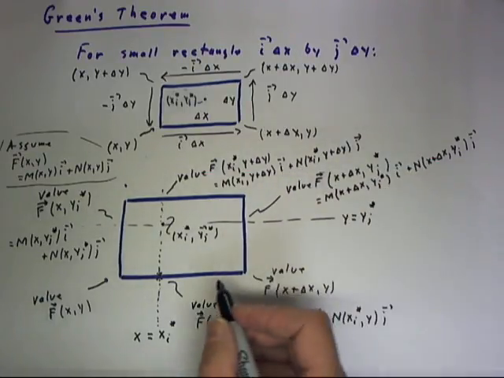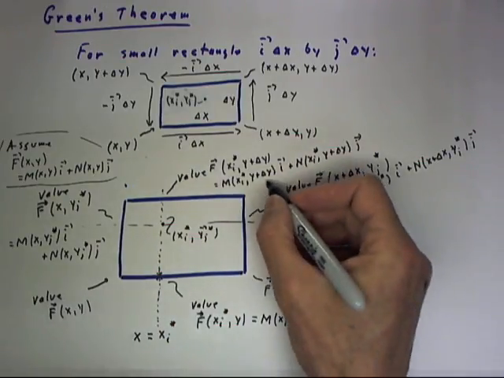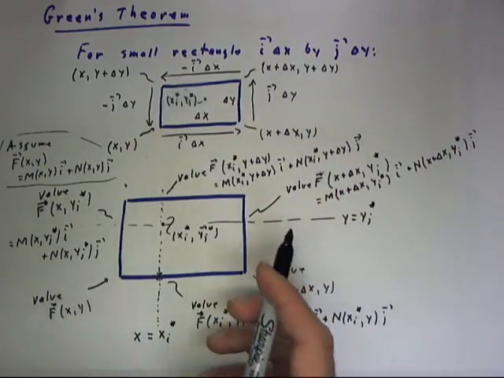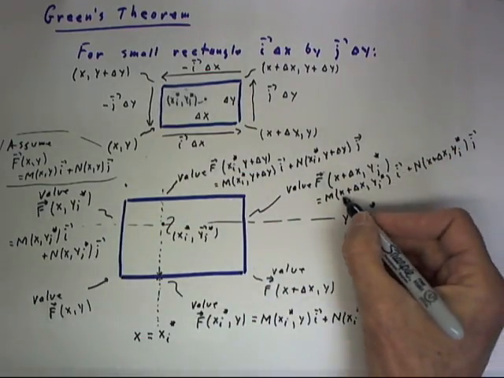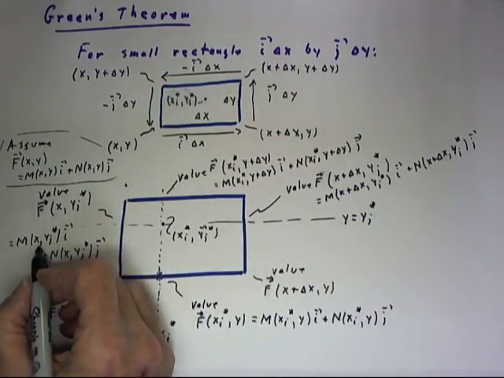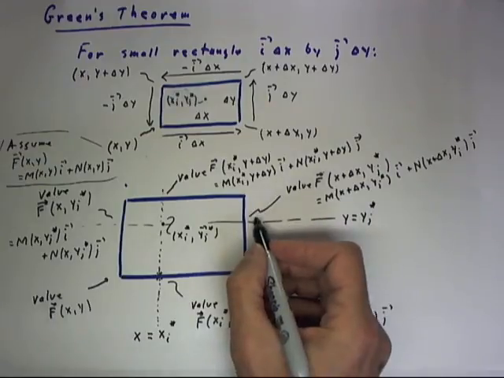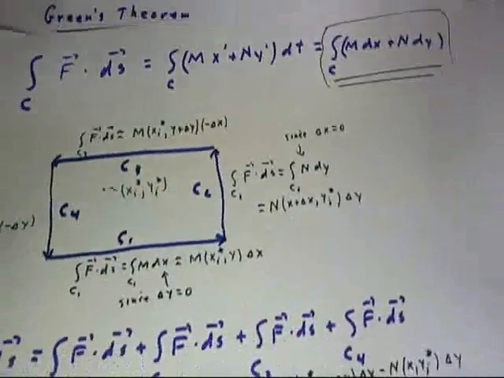The xi star is the same between here and here. The y changes from y to y plus delta y. Similarly, between this side and this side, our x value changes from x plus delta x to just plain x. Our yj star remains the same between these two sides. When we put that information together,